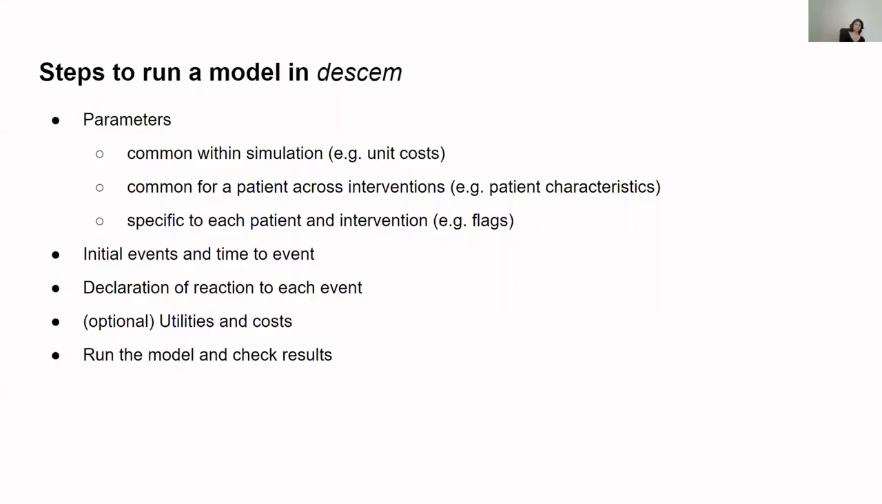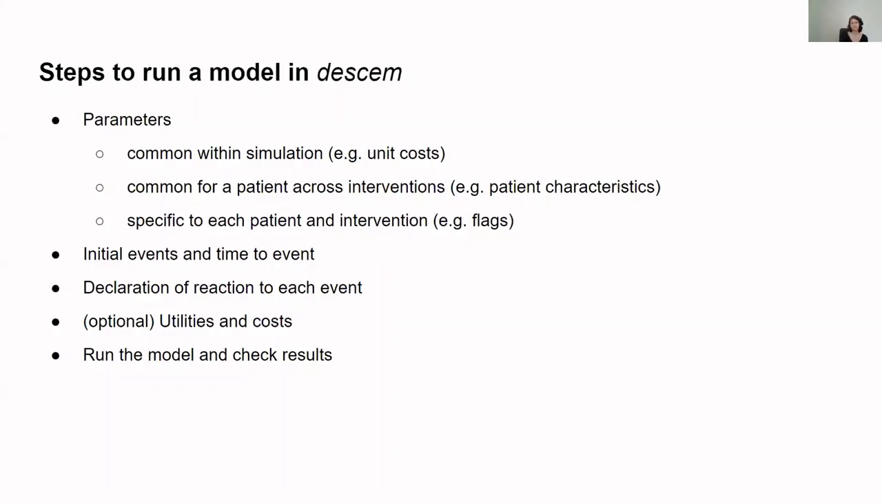After defining those parameters, the user needs to also define the events that can occur during the simulation and also the initial time to those events. These can change later, but an initial time needs to be defined. And after that, for each of the events, the user also needs to declare what actually is happening at that event. So what kind of calculations or changes to parameters and inputs happen when an event occurs,